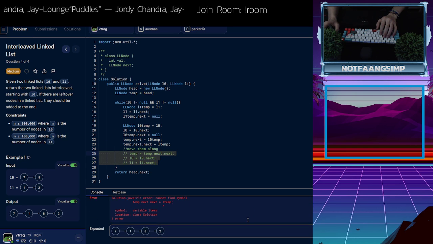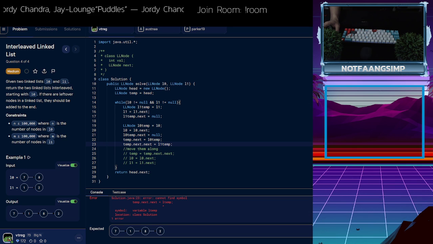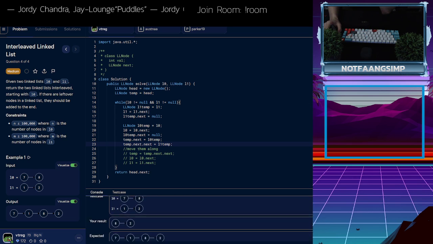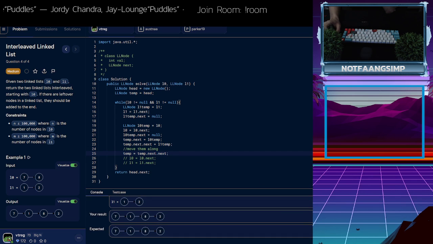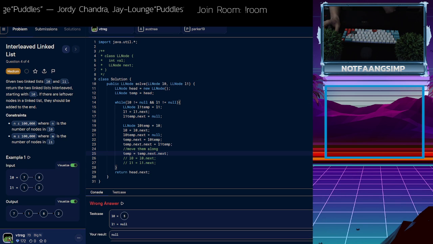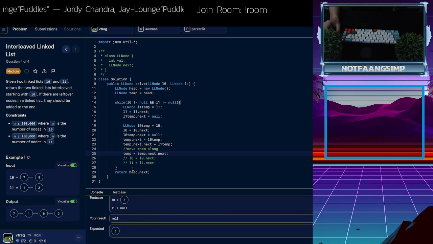Does not compile. L1 temp. Okay, please work. Still wrong answer, we got 8 and 2. Helps to move this one along, actually. Cool. Let's try it. It's not gonna work because, yeah. Okay, so